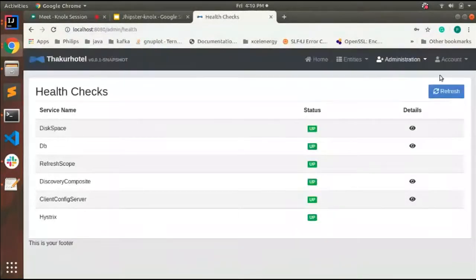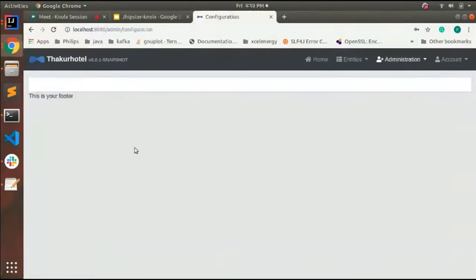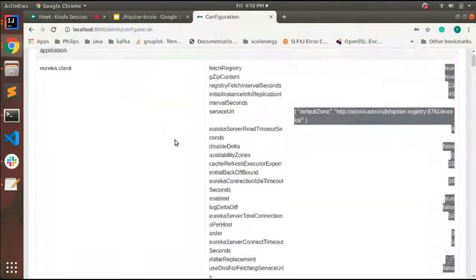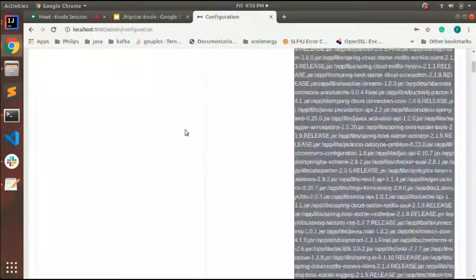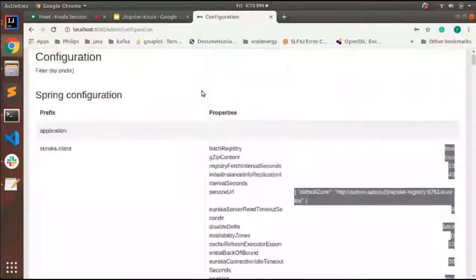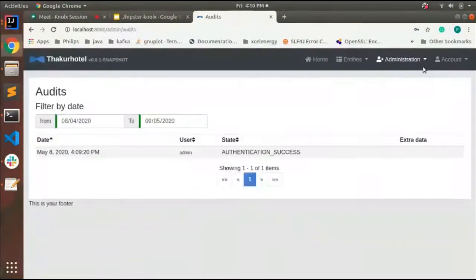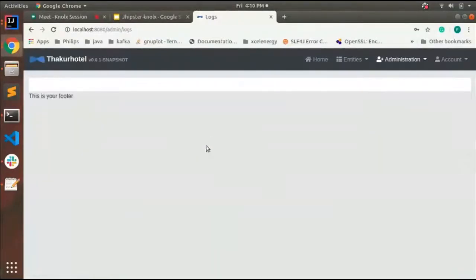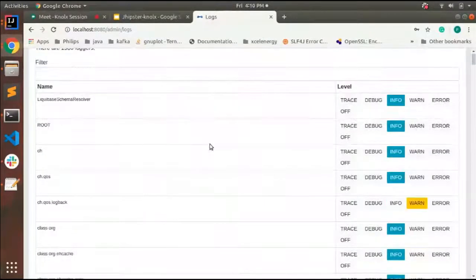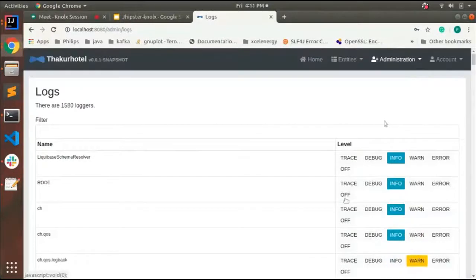Now here we can see the configuration of the microservices. Then here is the audit option. So everything is available. Here we can see the logs at different levels, and we can set them to different levels as well.